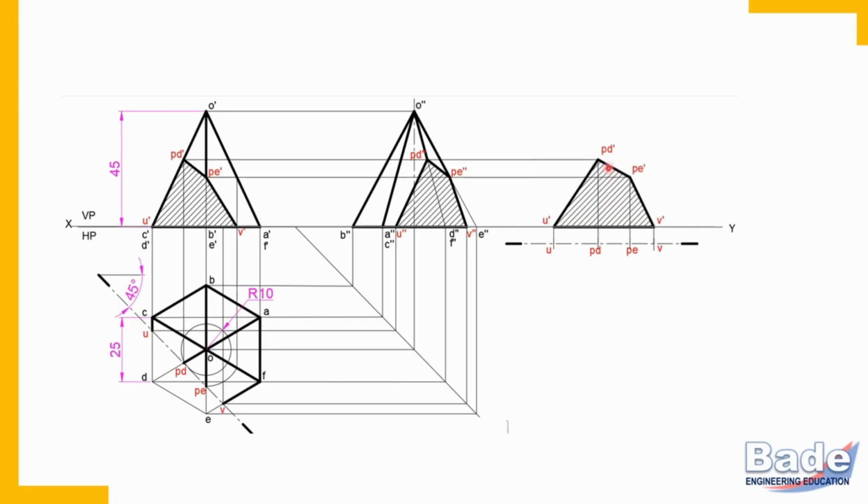Vertical line through PD, horizontal line through PD, and this is how you will be able to locate PD. Similarly, vertical line through U and horizontal line through U, and you will be able to locate U in the front view. So this is how you transfer all the points in the front view, and this is true shape of the section. This is final drawing for example number